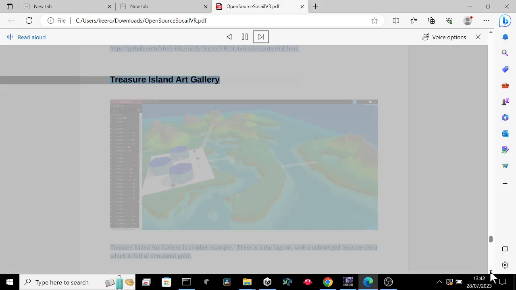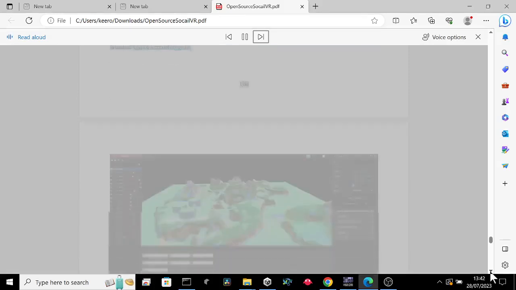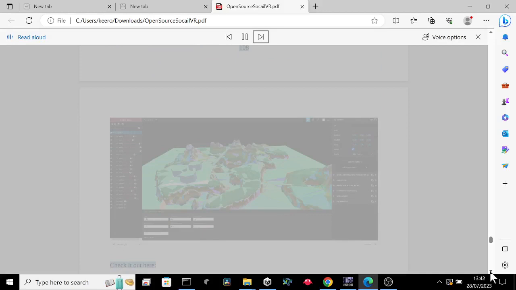Treasure Island Art Gallery. Treasure Island Art Gallery is another example. There is the lagoon, with a submerged treasure chest which is full of simulated gold. 108. Check it out here,